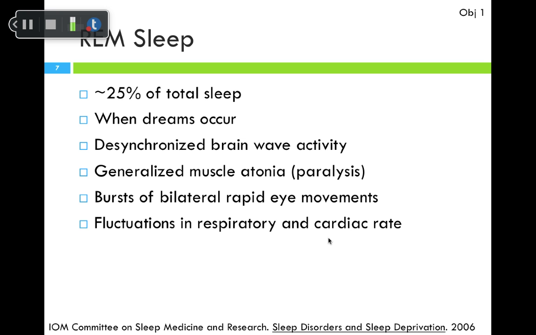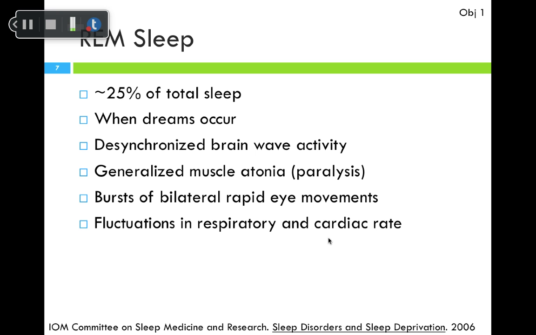So that was non-REM sleep. Moving into REM sleep, or rapid eye movement sleep, this makes up about a quarter of total sleep time, and this is when dreams occur. You actually have desynchronized brainwave activity. Where in non-REM sleep you had much more methodical and consistent wave patterns, within REM sleep those wave patterns